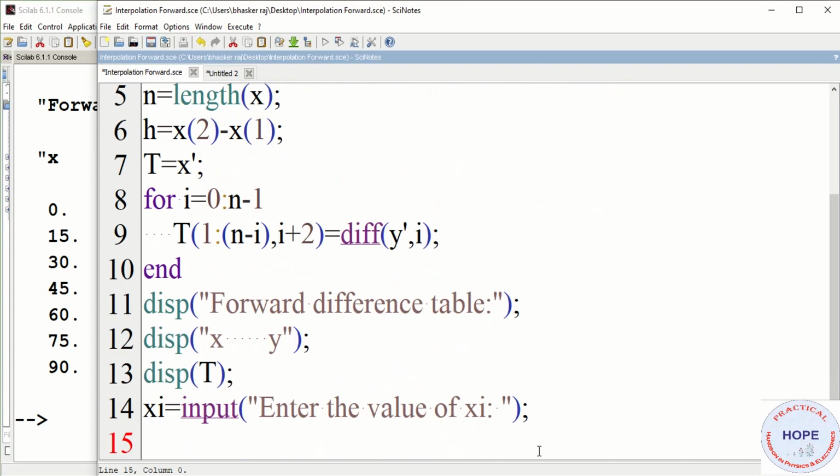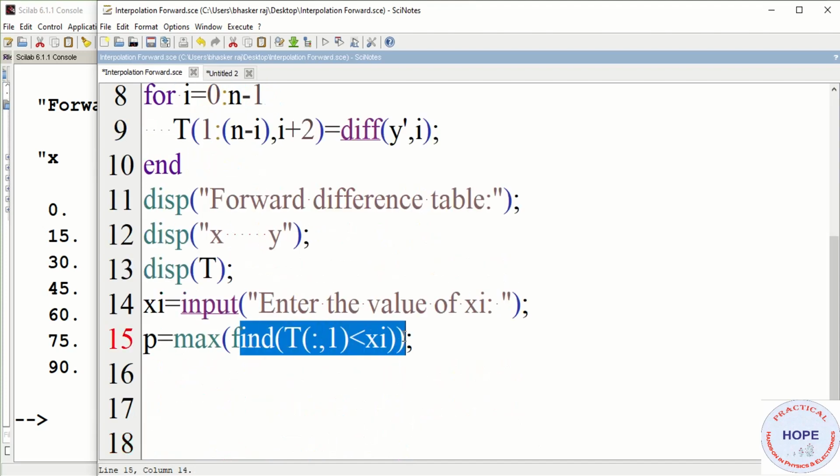That can be done using p equal to max find t comma 1 less than xi. Now what we are going to get here is, if we use this find t less than xi, it will give a matrix of numbers, and those numbers will denote the index of all the numbers of x less than xi.